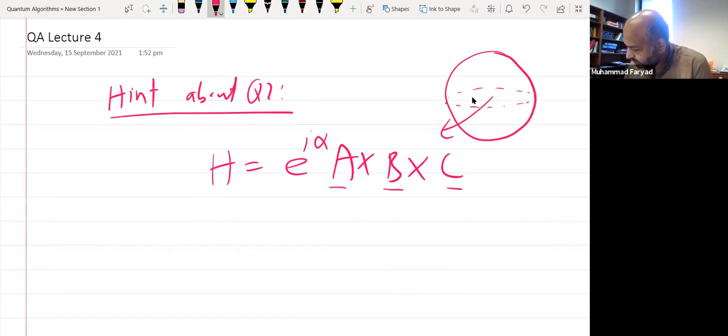We know that the Hadamard gate is a 90-degree rotation on the Bloch sphere. If you start at the z-axis, the Hadamard gate rotates the state by 90 degrees to the x-axis, around the y-axis. So the Hadamard gate is a 90-degree rotation around